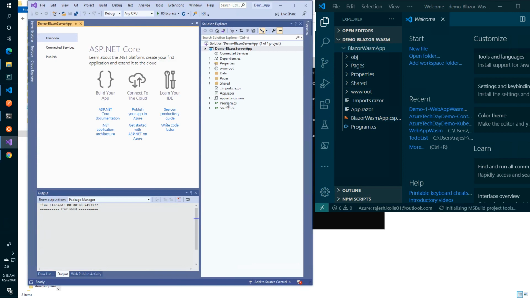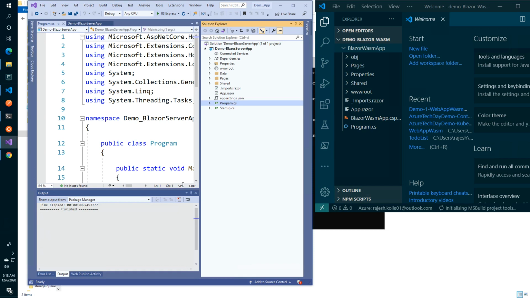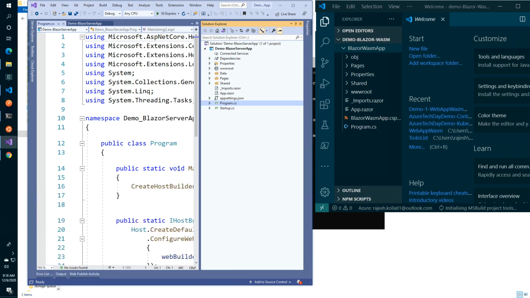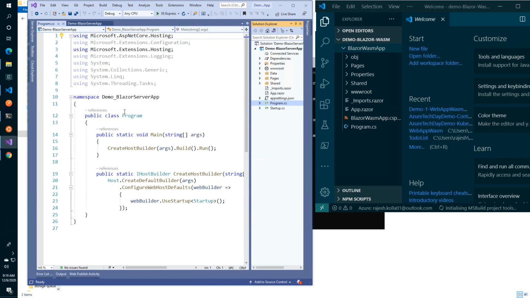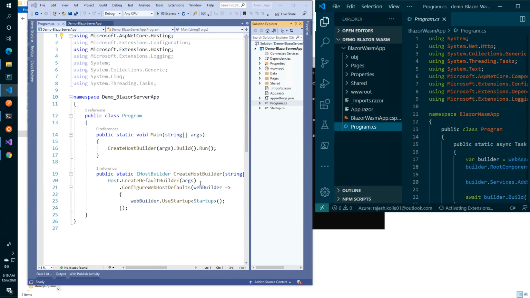This is like a console application startup. This is the starting page, starting class. This is Program.cs. Here also Program.cs, and it will create the hosting builder, and it will start the startup